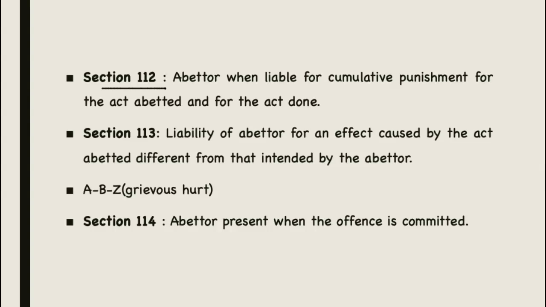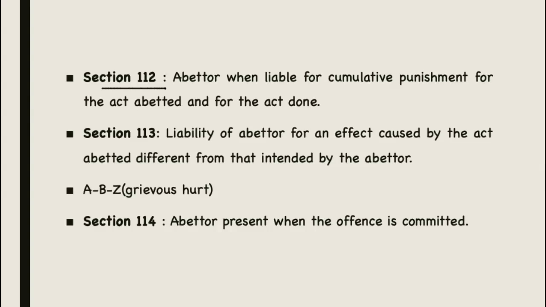So what does this say? Let's say the person would have been liable for X offense. Section 112 states that now the person will be liable for Y offense also, which has been committed in consequence of the same abetment and was a probable consequence of the abetment itself. Let's say A instigates B to resist by force a distress made by a public servant. B, in consequence of the same, resists that distress, and while offering resistance, B causes grievous hurt to the officer